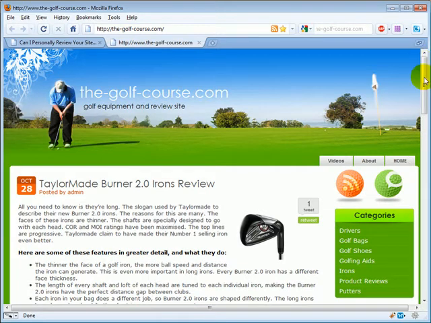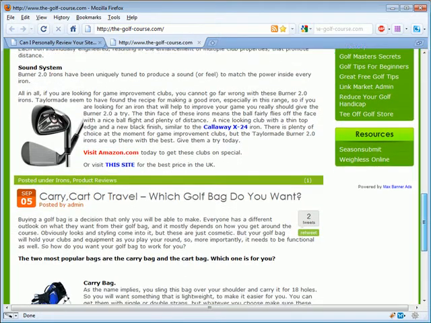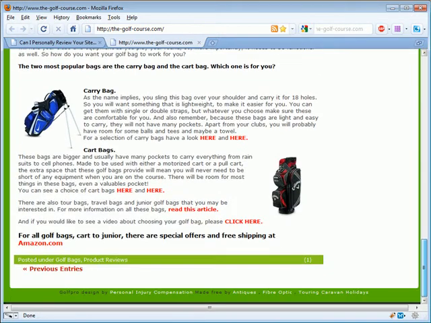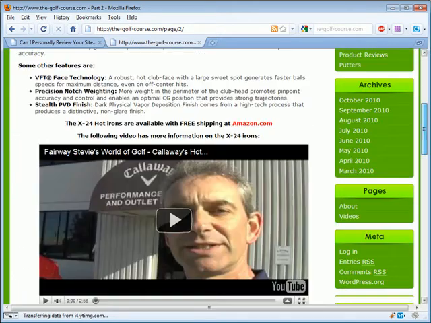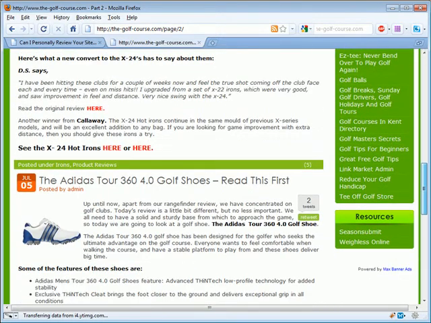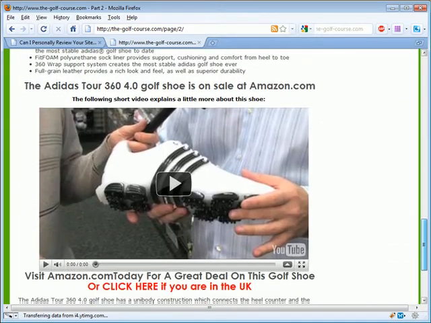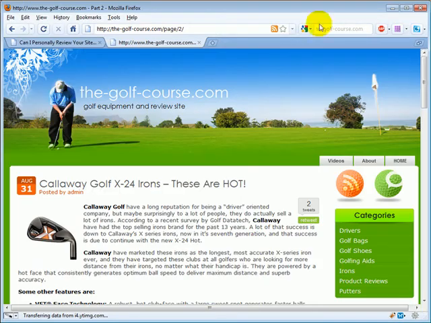Let's see, how often do you post? October 28th was the last post, and the post before that was September 5th. And let's go look at previous entries. Before that was August 31st and July 5th. So it seems like you're posting once a month or so, which is not terribly often, and so you're not going to be ranked as well in the search